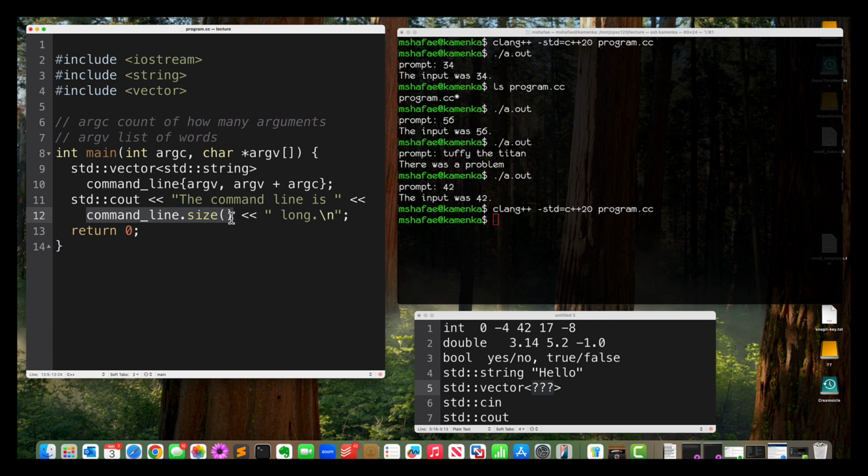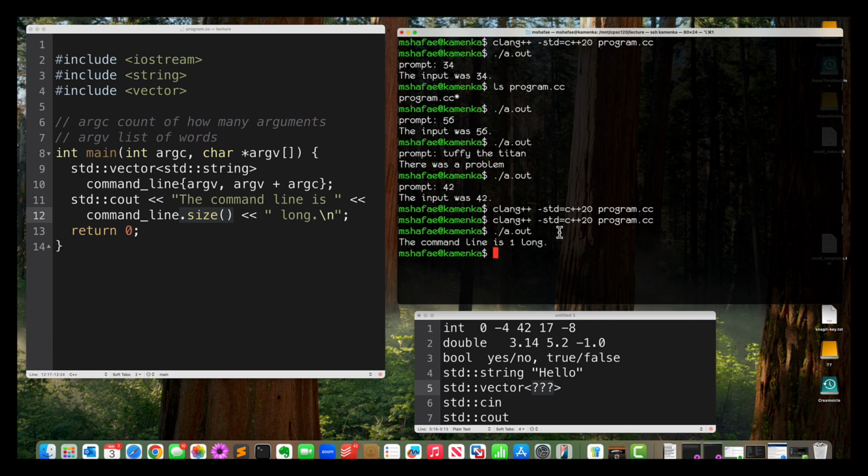big it is. The command line is a vector type, and the vector type can understand messages that we send to it. I can ask the question, what is your size? That notation there is saying, command line, please tell me what your size is. And it's going to return back an integer, and I can print that out. So let's save this, compile our program one more time. If I run my program,